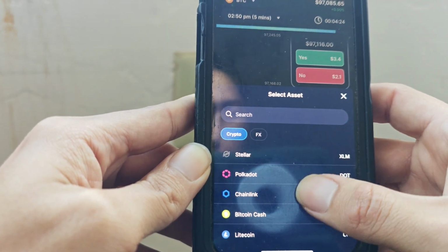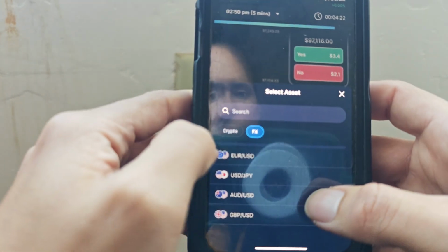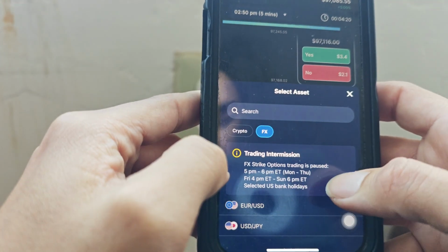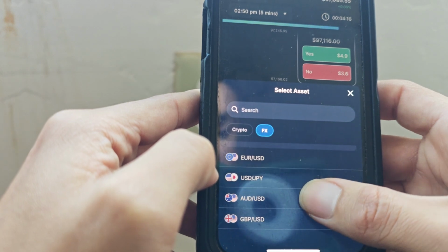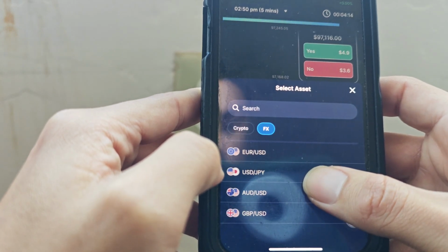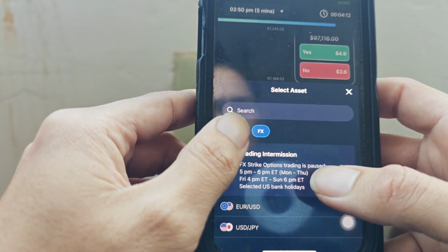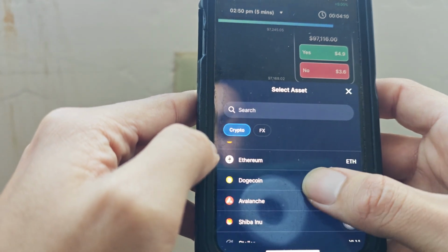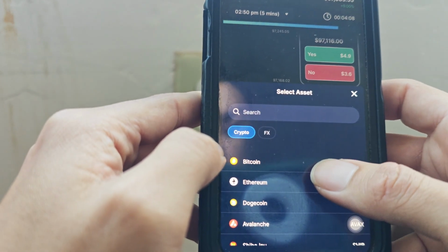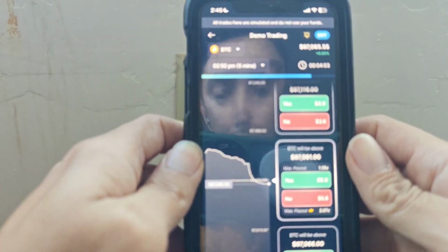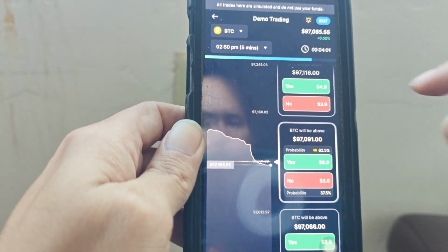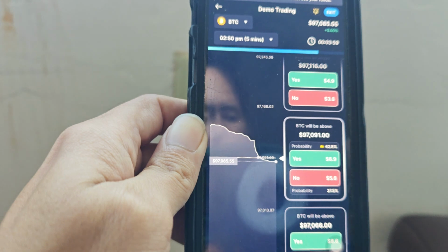So that is awesome. And they even have Forex, which isn't open right now, but when it is open, you could trade Euro, Japan, Australia, and the GBP, as you can see. So that's pretty cool too. But let's focus here on crypto. So you pick the coin you want. I'm gonna click on Bitcoin, and basically the way that this works is you can see that right here